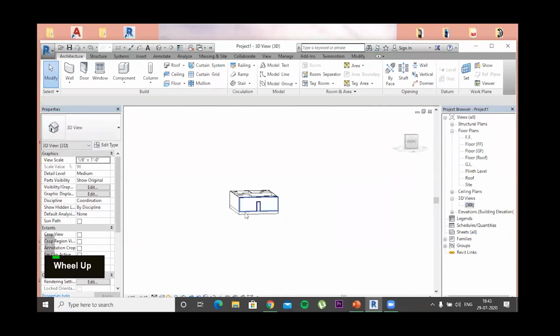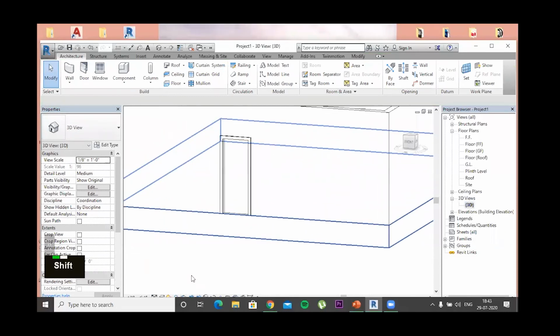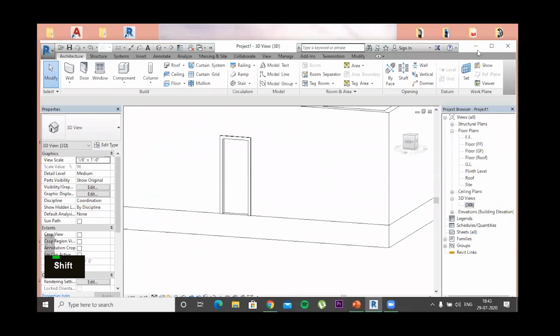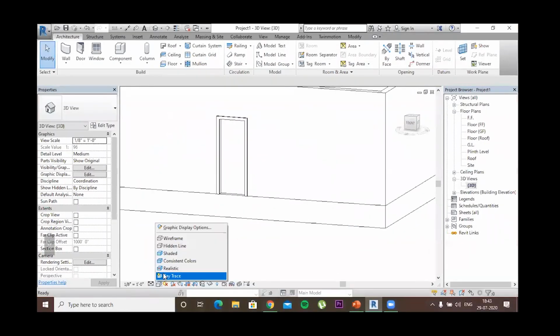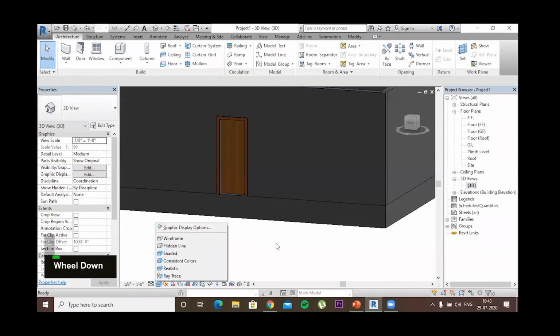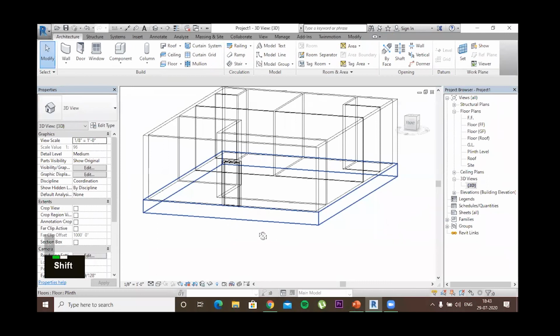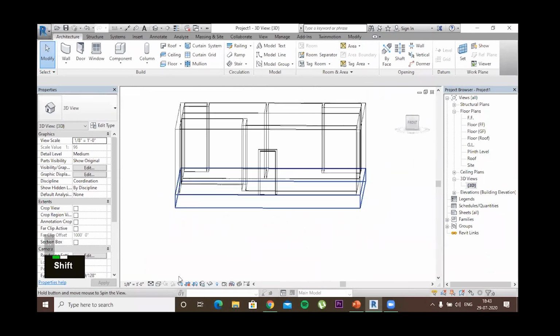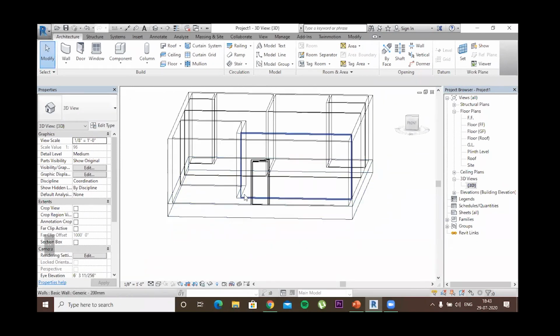So this is how it will look, and there is this option of realistic. This is the type of views in which we will be working. If we select the wireframe, all the lines will be visible. This is useful when you have to align two things. I generally use this.